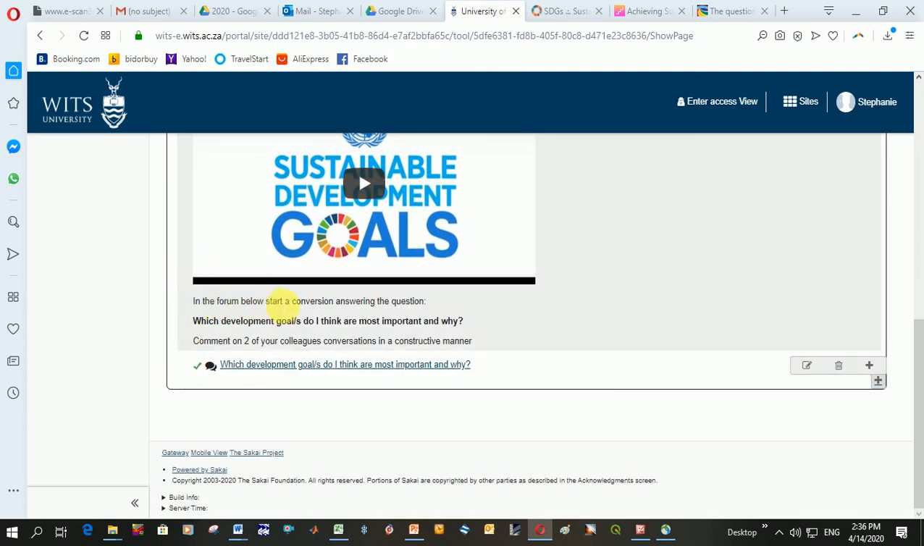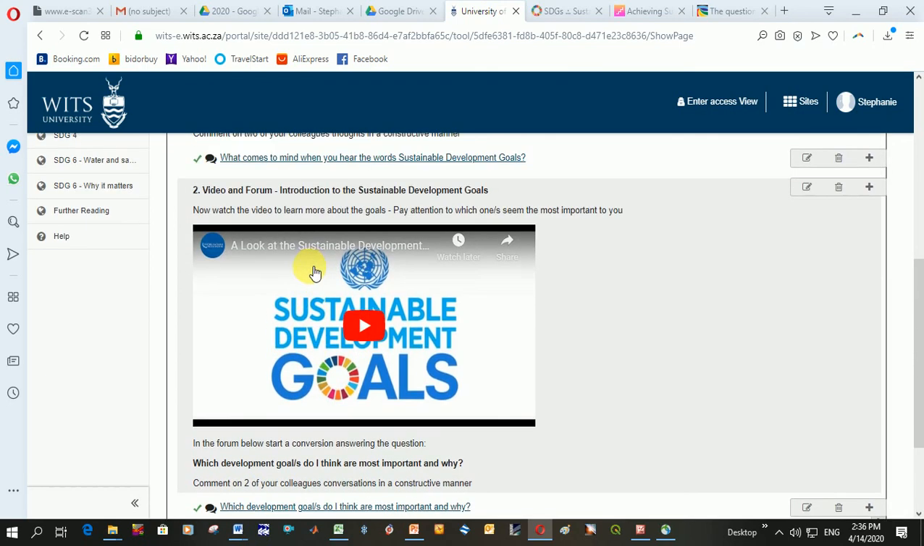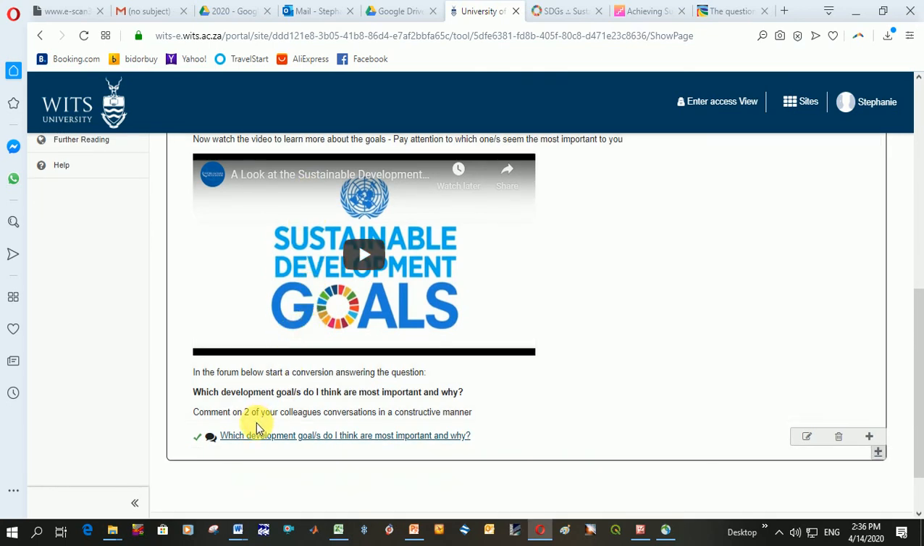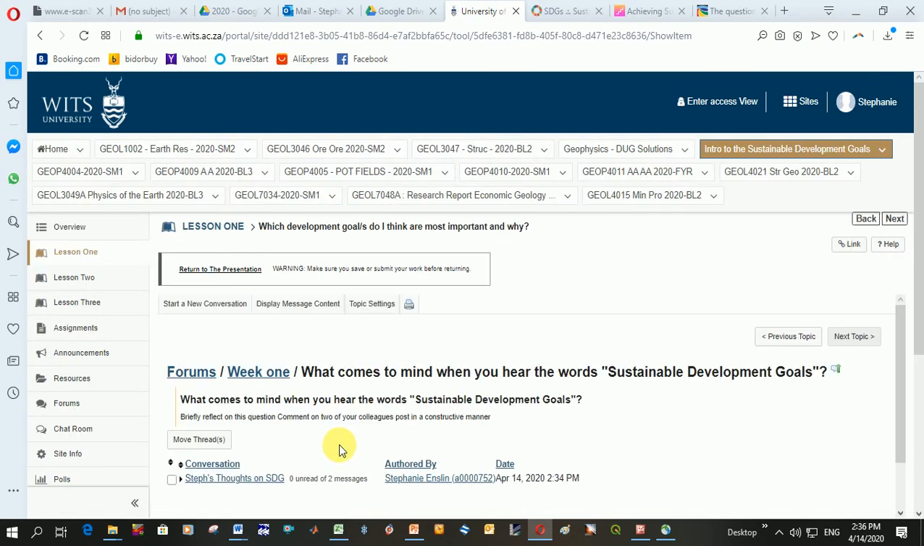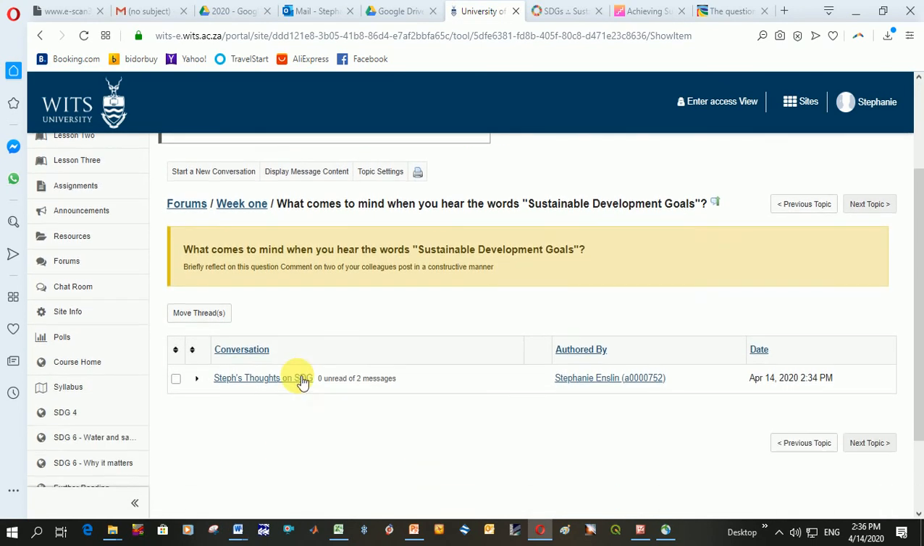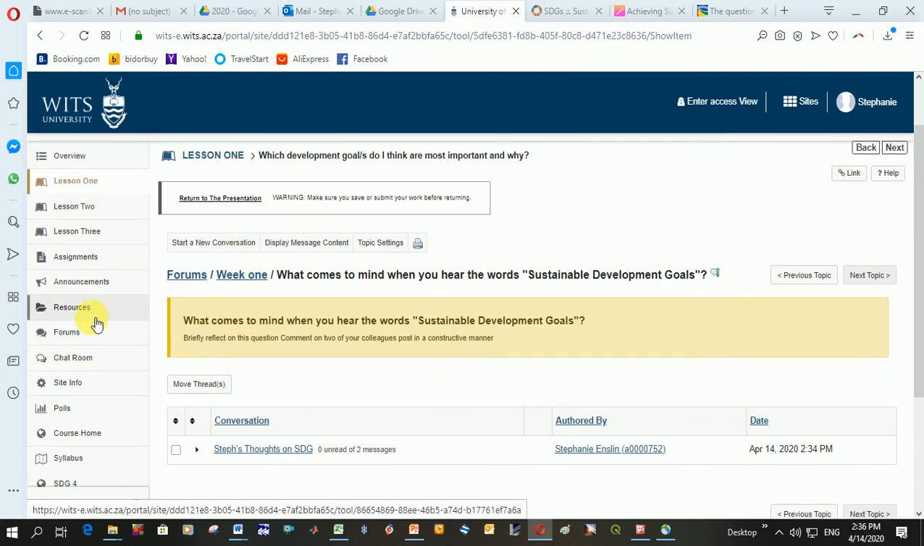and it says in the forum below, start a conversation answering the question, which development goals do I think are most important and why? Comment on two of your colleagues' conversation in a constructive manner. So I'm going to look through these development goals and decide which are the two most important in my mind. I'm then going to click on this forum link here, and you can see, it's taken us to the wrong forum. We were going to have to fix that, but it should, if I go to forums here,